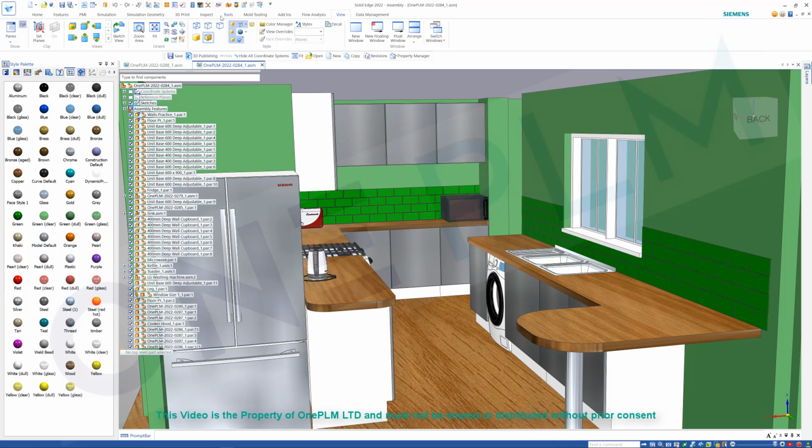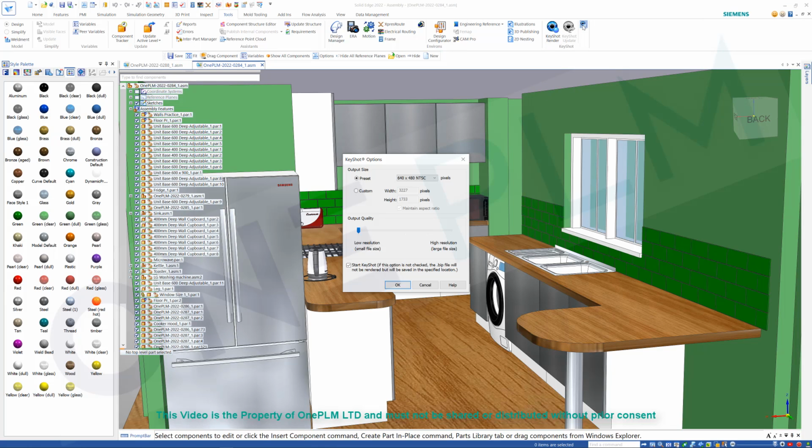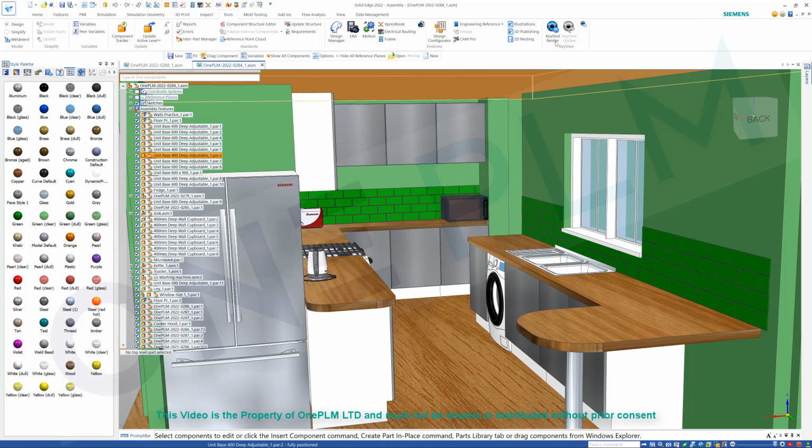From the tools tab, we should have a Keyshot option over here. So there are Keyshot settings. We can decide what our base option is going to be if we need to. And then we've got an output quality. If we find that we've got a problem, we can increase that output quality or decrease it. These are reasonably simple models, so I'm going to go quite high over here. Then I'm going to click OK and then go to Keyshot Render, and that will open with the appropriate